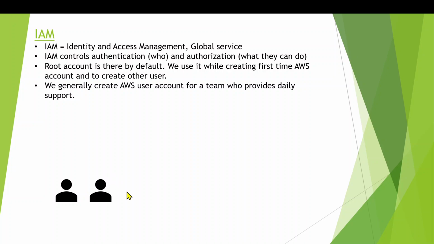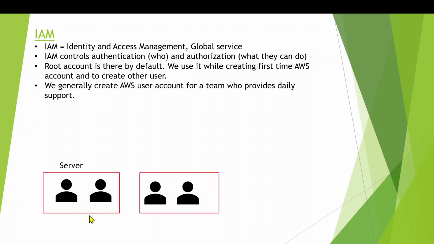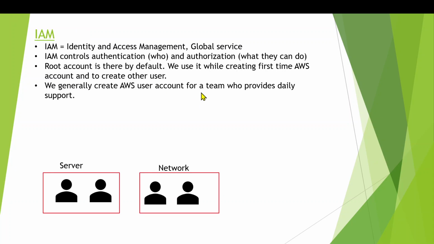So let me add a couple of users here. I've added four users, two on the left, two on the right. So I'll just group them. If you see on the left side, these two will be part of the server team, and on the right side, these two will be part of the network team. Now in this way, we'll define that these network users can make changes on network related tasks only,